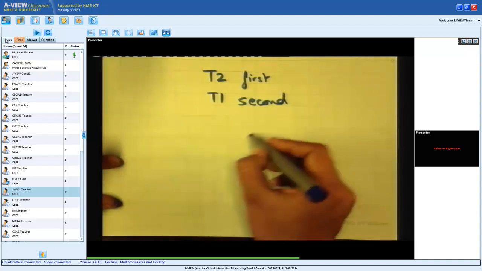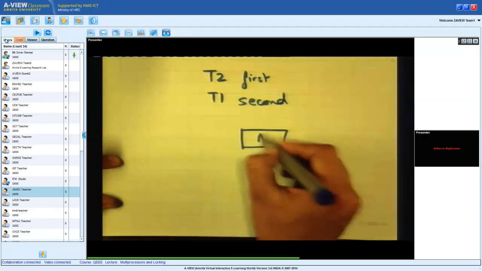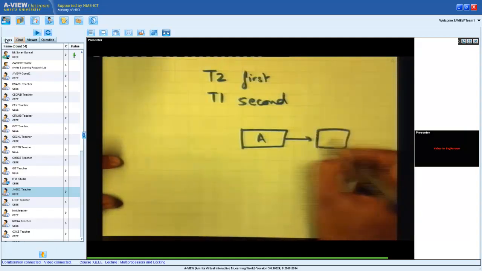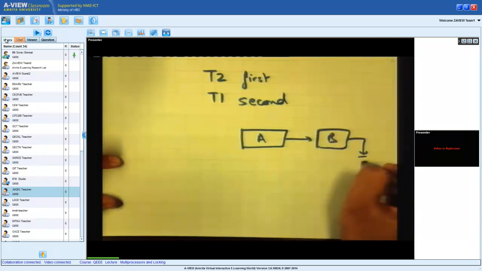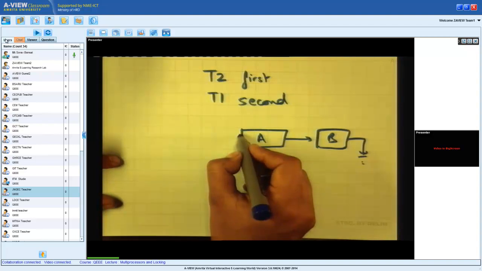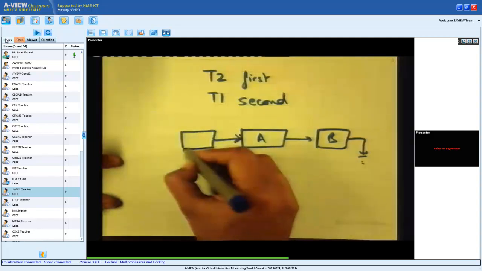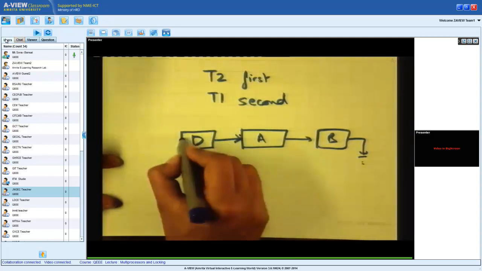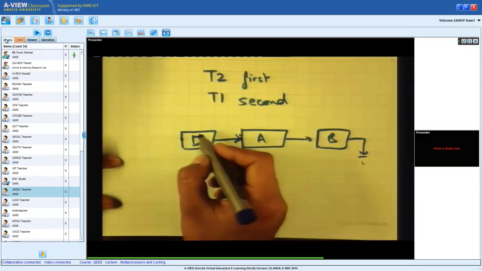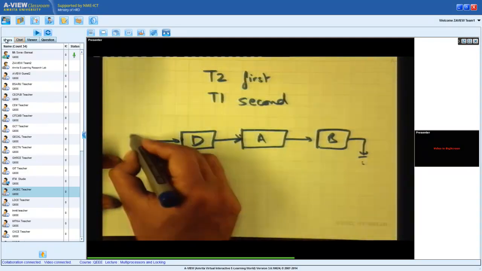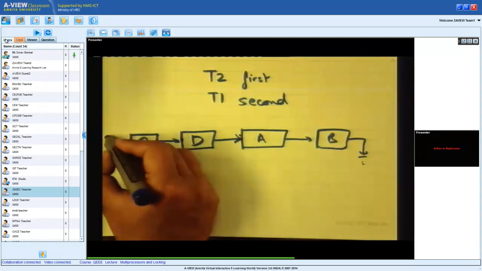Oh well, you would have, let's say it was A, B first, so this remains just like that, right? And head was pointing here earlier. Now T2 gets to execute, and T2 is going to insert D. So it's going to put D here, and head is going to point here now. And now T1 will get to run, and T1 will insert C. So it will push C here, and head will point here.